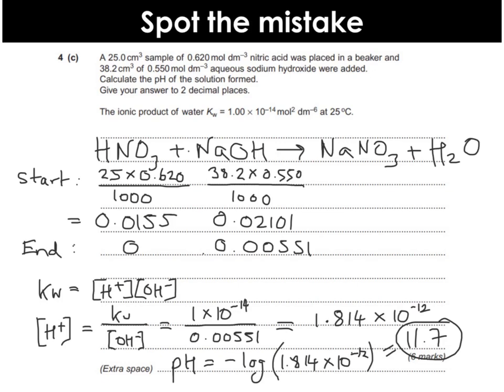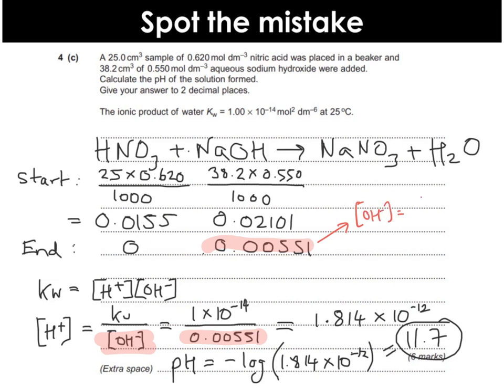So the next thing here I've done is given you a spot the mistake question. And the key mistake here, if you look through, I'll just give you a time to pause this. Okay, the key mistake here is the fact that you've got moles of OH minus here, and they've used that directly to work out the concentration of H+, and he should have worked out the concentration of OH minus first. So actually, what you should have done here is converted this into concentration of OH minus,